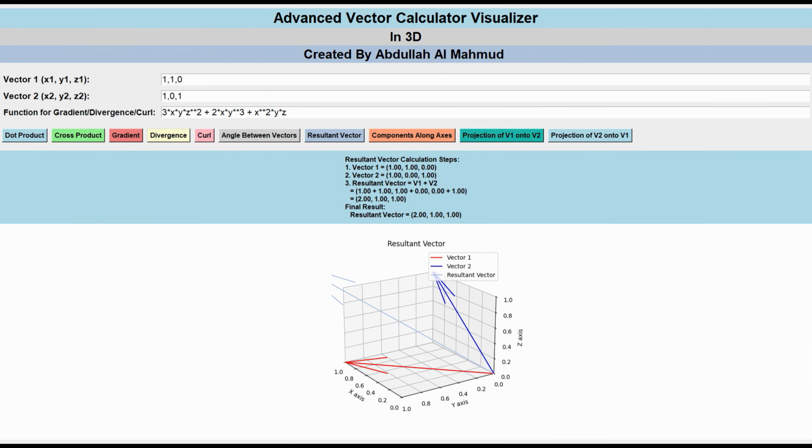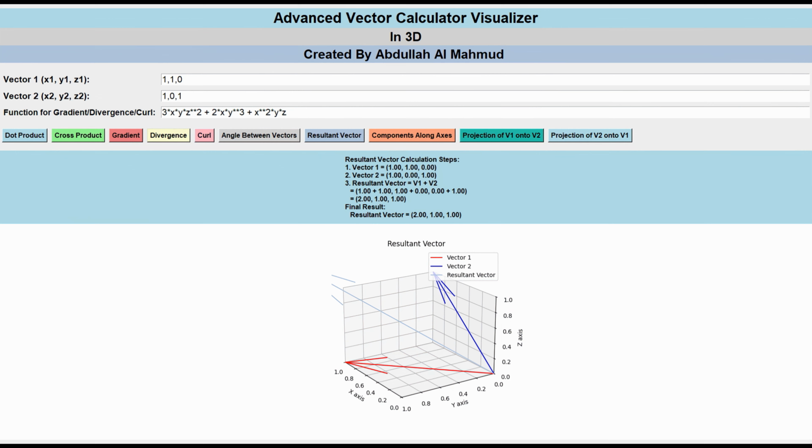For vector 1 and vector 2, the cross product gives us the vector 1, -1, -1. This is a new vector that is perpendicular to both of the original vectors. In our graph, the green line represents the cross product that is perpendicular to both of the original vectors. This feature uses the dot product and the magnitude of the vector to calculate the angle in degrees. When we calculate the angle between vector 1 and vector 2, we get approximately 60 degrees, which is useful information